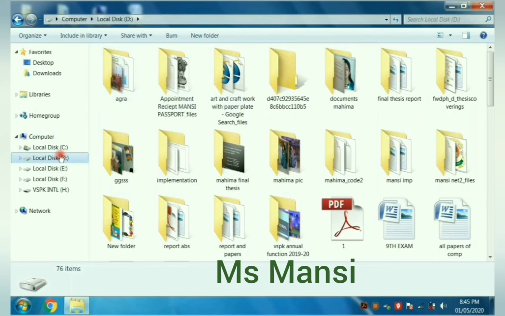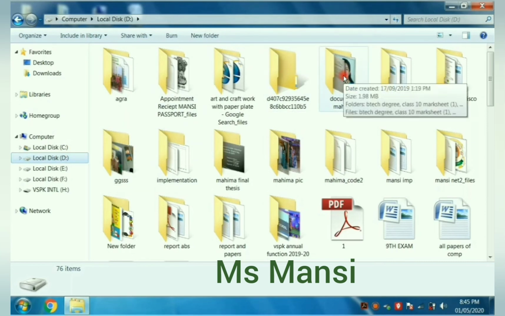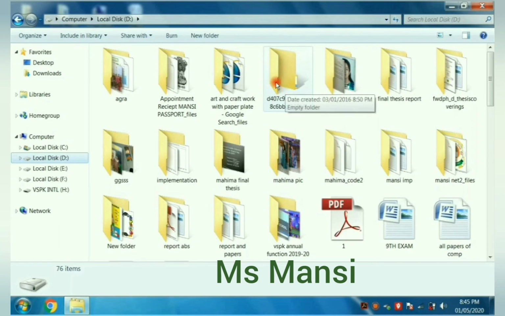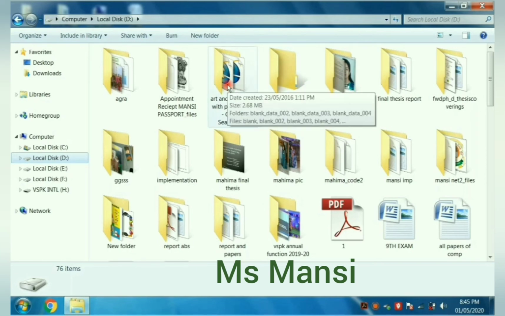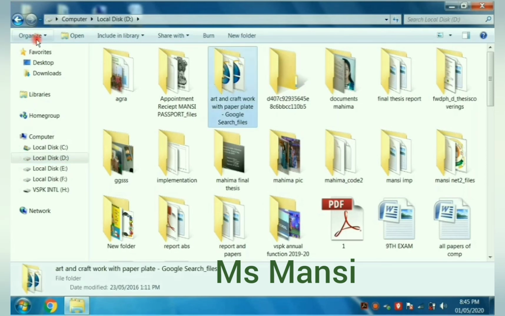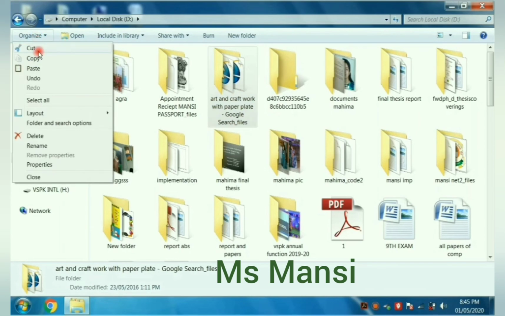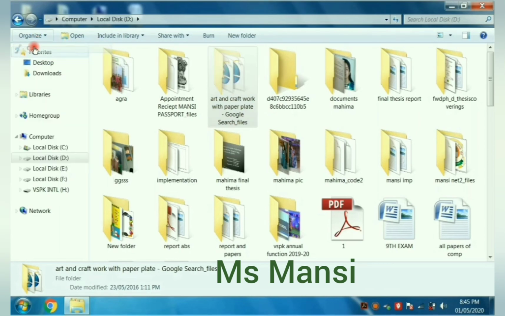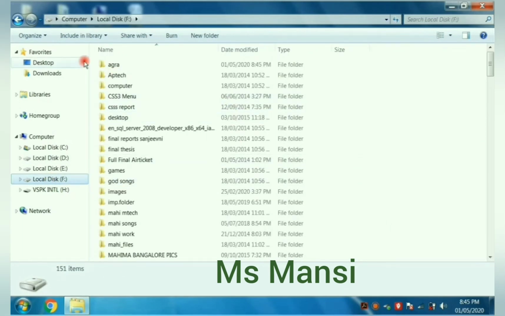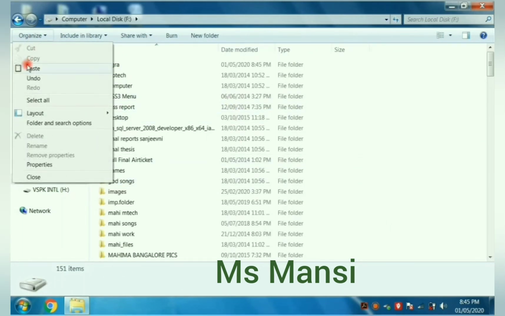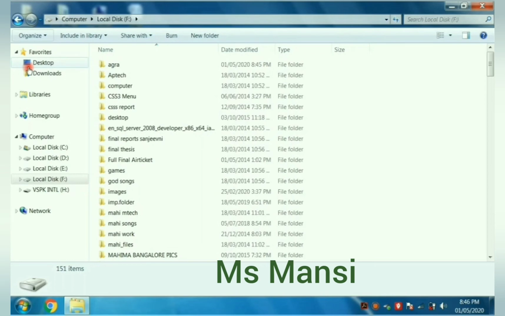Students, if I use cut, for example this folder, first of all click on this, then click on organize, then click on cut, and then choose another drive, click on organize, and then click on paste.